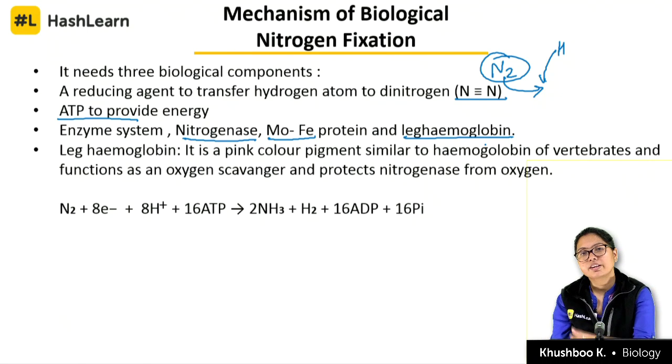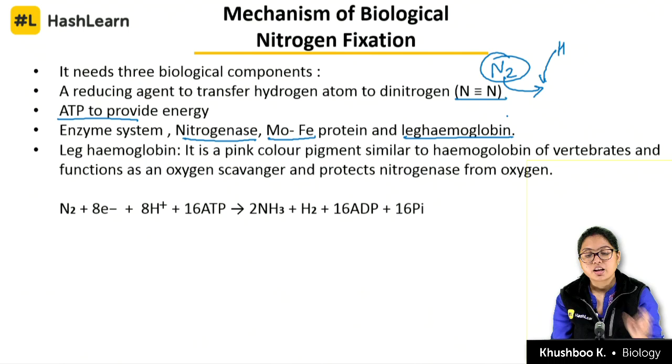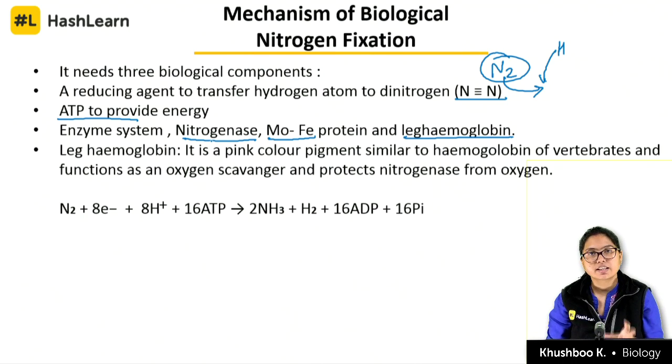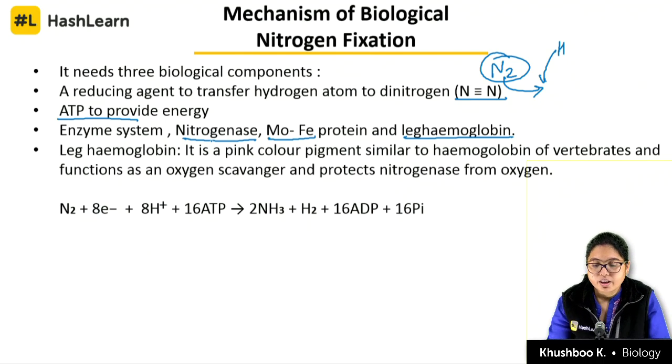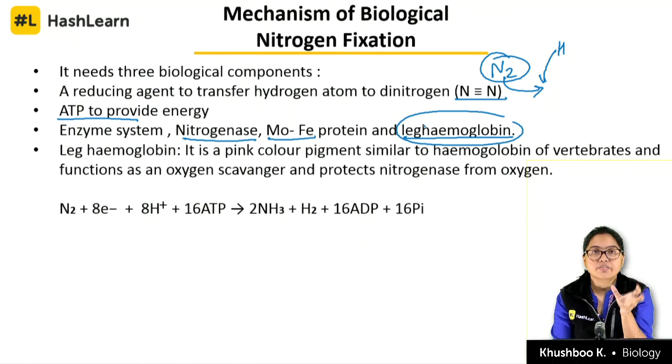Leg hemoglobin is also termed as an oxygen scavenger, because it will bind with the oxygen. Why? Because if the oxygen comes in contact with the nitrogenase enzyme, it will become inactive. So that is why nitrogenase requires an anaerobic condition, and to maintain that it is leg hemoglobin which will give it the environment. Scavenger means it will eat away all the oxygen which is there in the